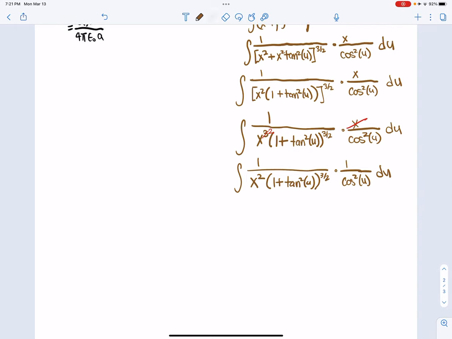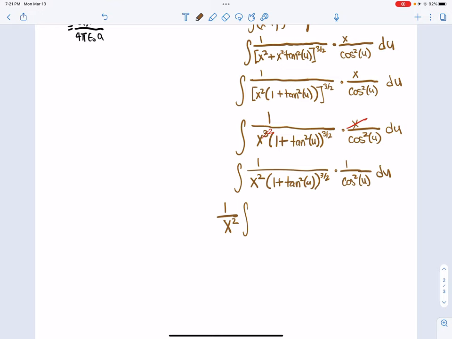And I could actually take this 1 over x squared out because that is a constant. x is a constant, right? So I'll go ahead and do that. So then I'm left with 1 over x squared times the integral of,